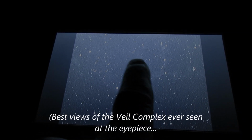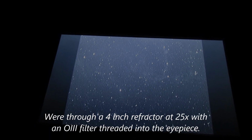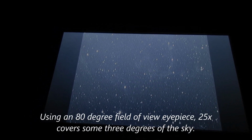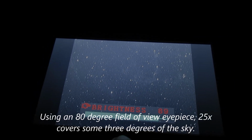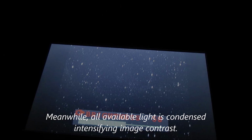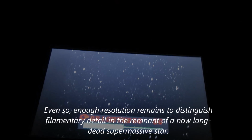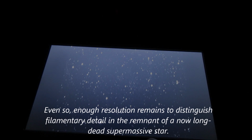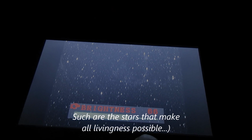We're getting some really fine texture in this view of the screen. I am going to play with the screen settings just a little bit to see if we can't improve the presentation. My eyes are being a little overwhelmed by the brightness of the screen. So while I hold both cameras, I'm going to reduce the brightness to 50%, so we can see if that's an improvement in terms of image quality on the Sony Handycam. All right, it's a little better to the eye, but I don't think it really improved it that much on the camera. I think it had a flatter view, so I'm going to press it up to about 75%